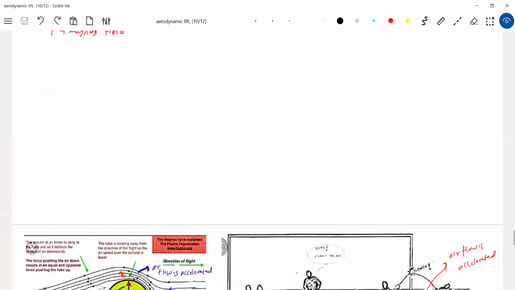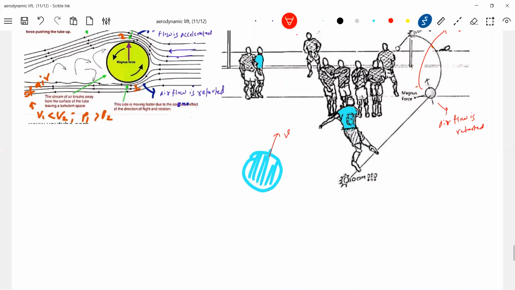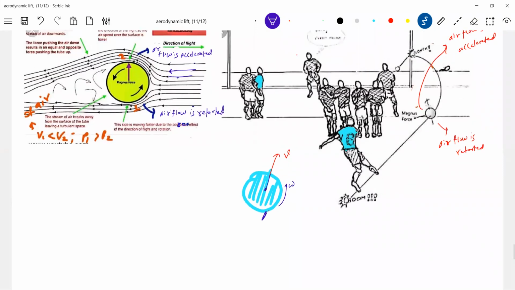So how should I kick? I should not kick at the middle. I should kick at this particular point. It should be kicked here. Therefore, this will introduce a spin also, and also velocity for the center of mass. Now, as it starts spinning, the velocity of this point will be how much? V plus R omega. The velocity of this point will be V minus R omega.